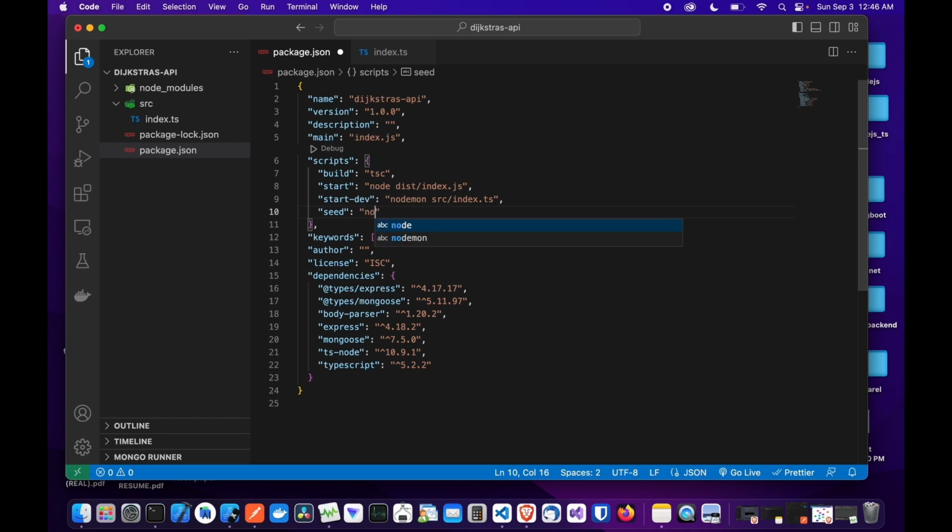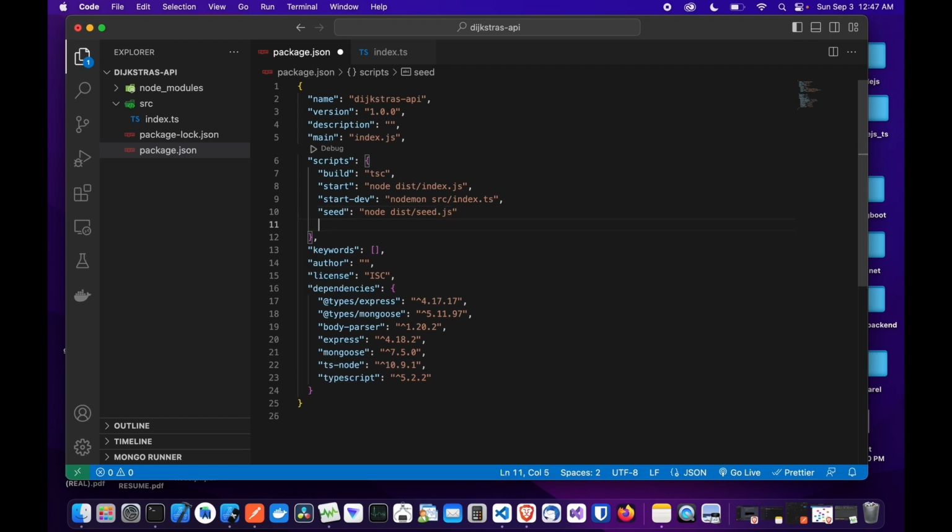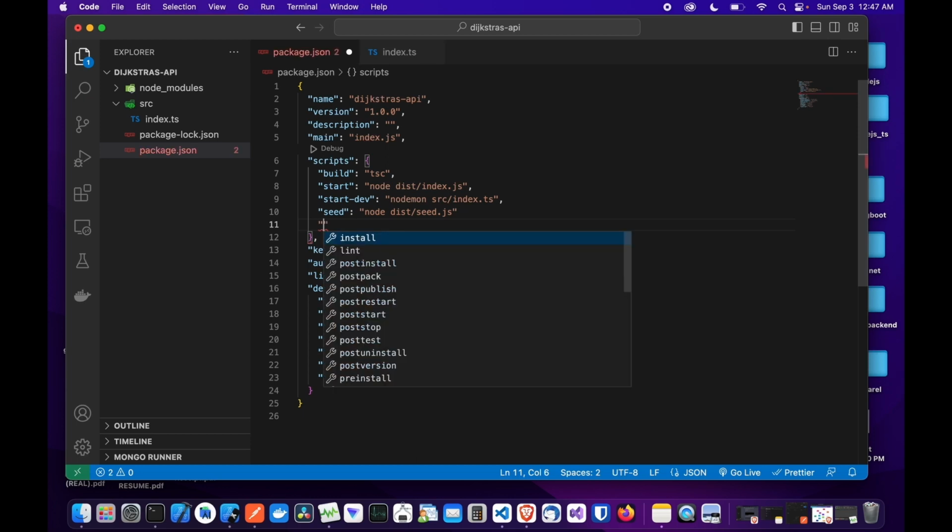So basically, we're just going to use this seed command to feed our database data. All right, so we don't have to waste time creating the data one by one. We're just going to do it fast. So I'm going to type dist and seed.js. This is where everything is going to be after we compile. All right, and one more, we're going to need our TS